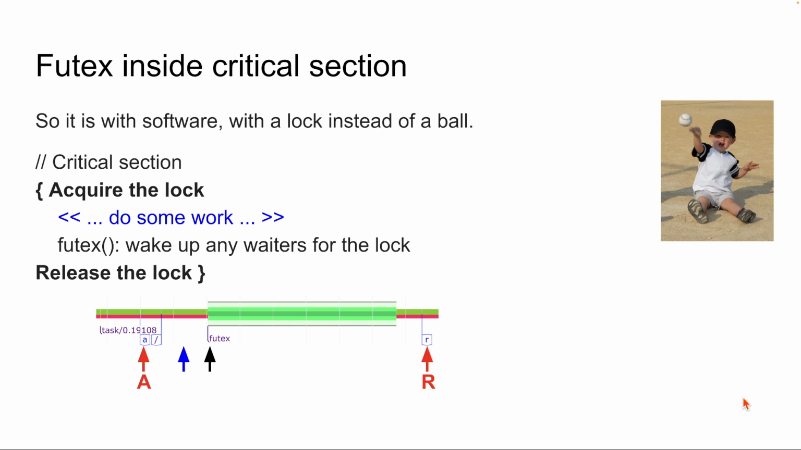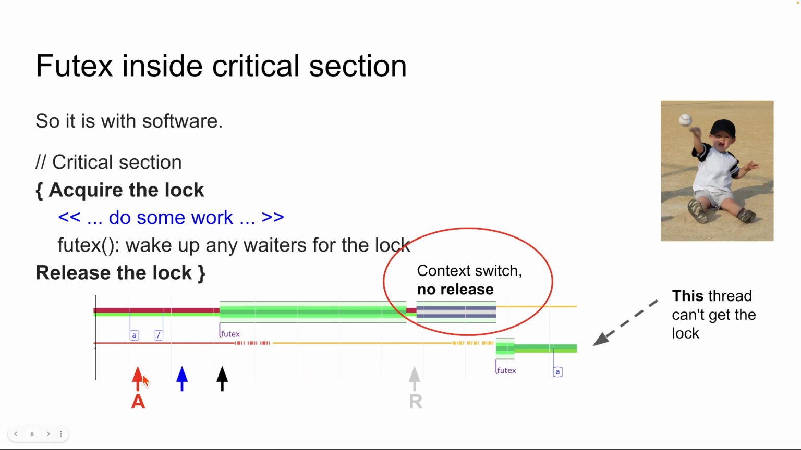So you get a similar thing with software using a lock instead of a ball. If you have a critical section that acquires a lock, does some work, does a Futex call to wake up other waiters for the lock, and then releases the lock. Normally you get this sort of sequence. You acquire the lock, do the work, call Futex, and release the lock. Pretty straightforward. But sometimes you'll get this sequence where you acquire the lock, do some work, call Futex, and then